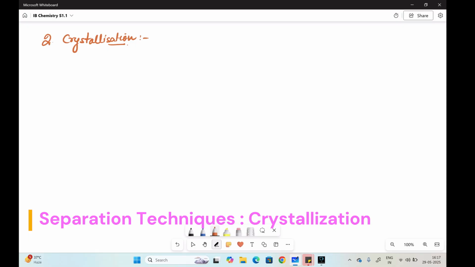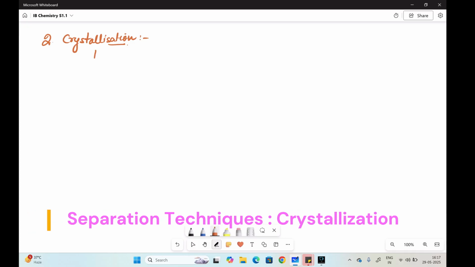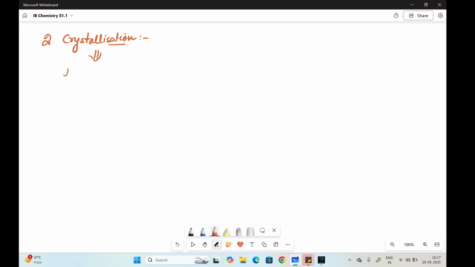Undissolved solids you can remove through filtration, but let's say something is dissolved, now you have to extract it. So how to extract? You can say it is used to separate dissolved solids from a solution